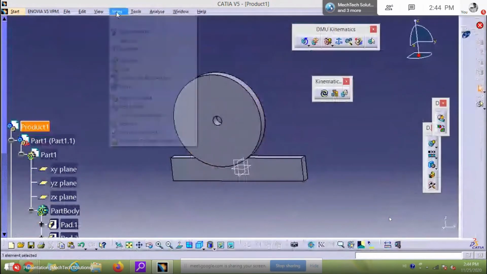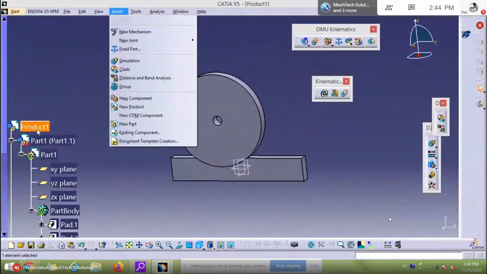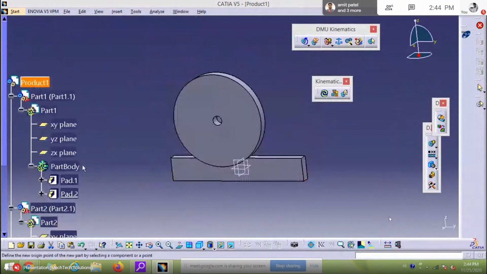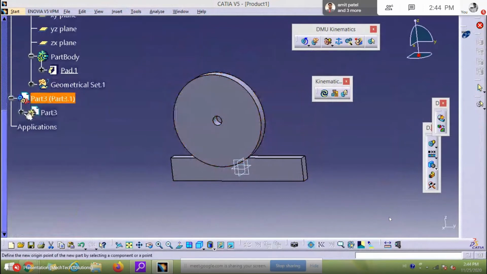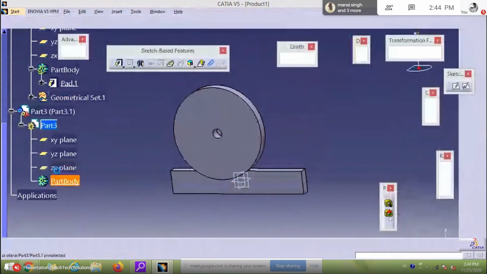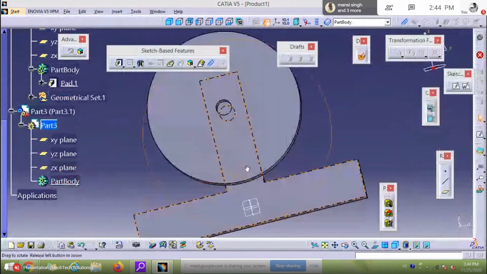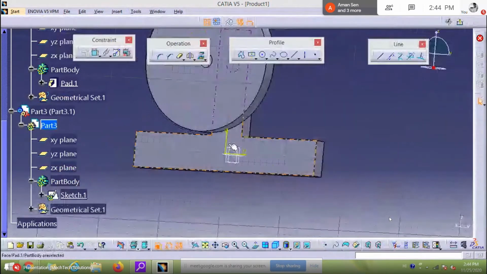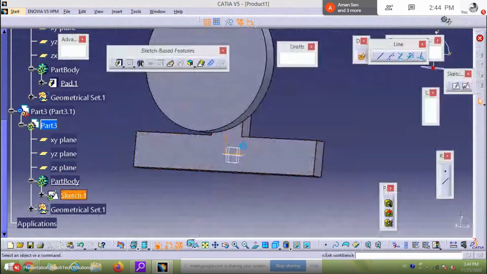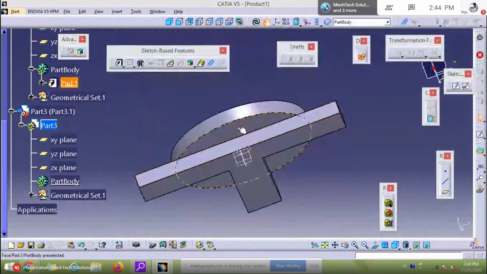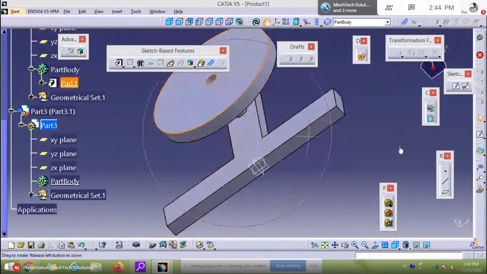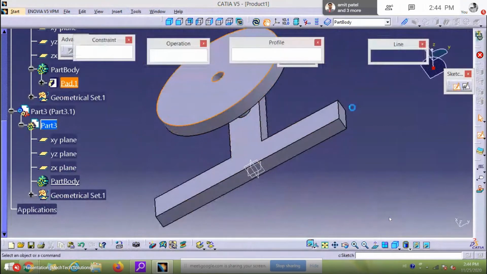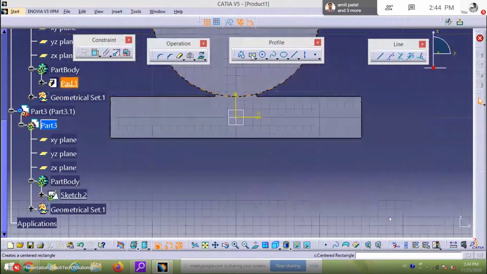Create third part. To create third part, we just double click on product, insert new part. It will be the last part. Part body, and take reference this base, or sorry, take reference this face, yeah, this face, and use center rectangle.